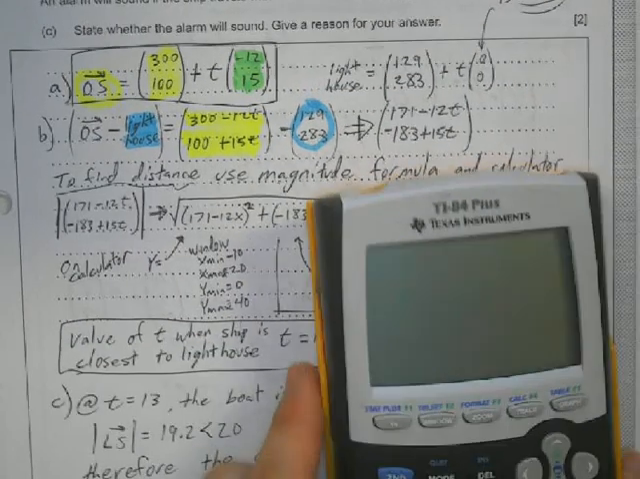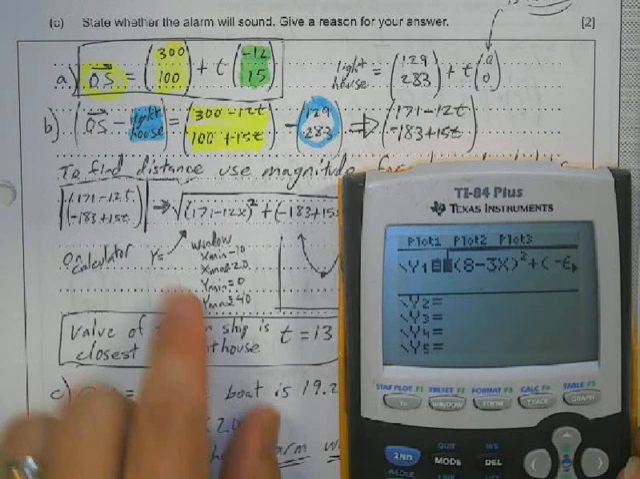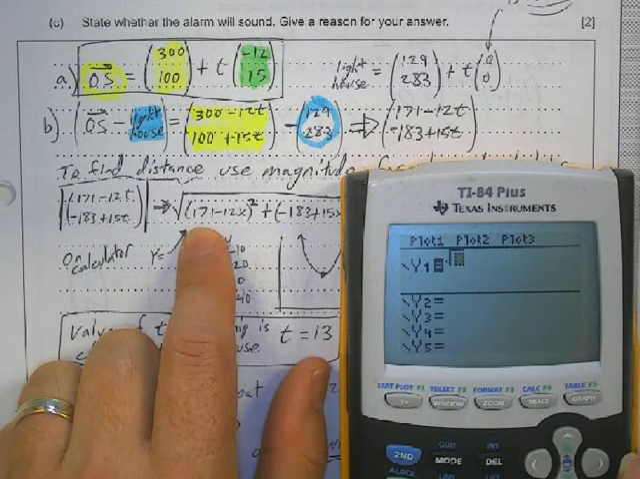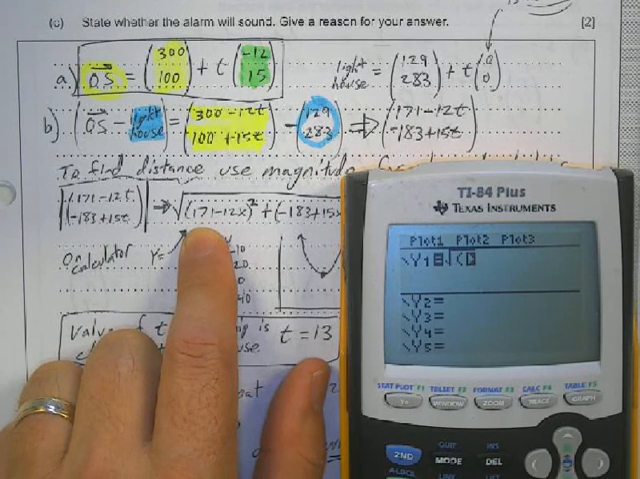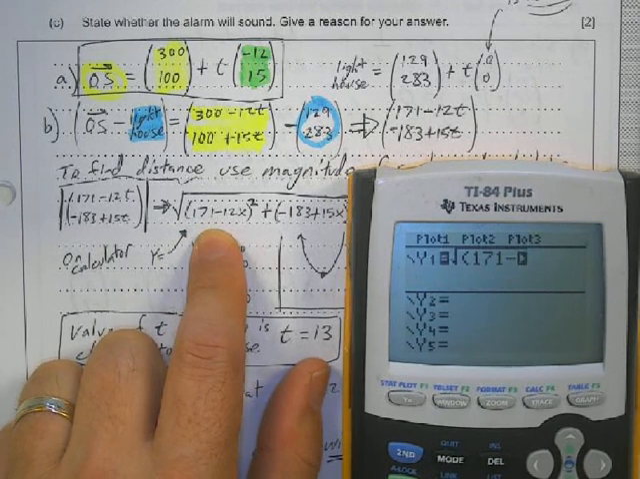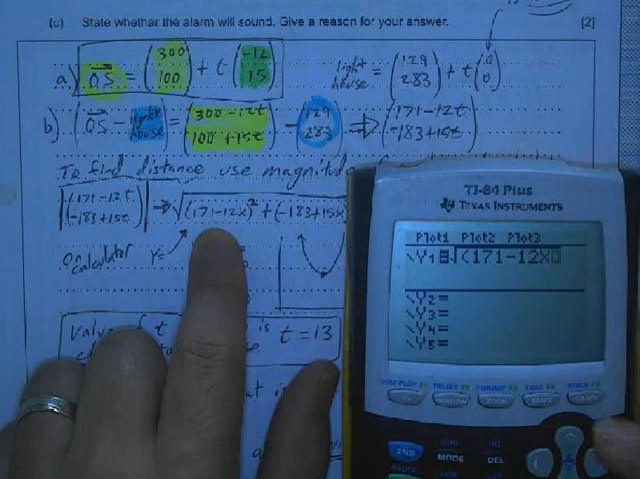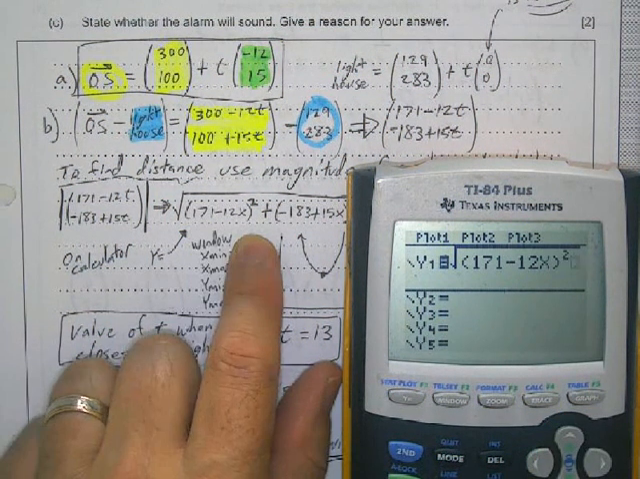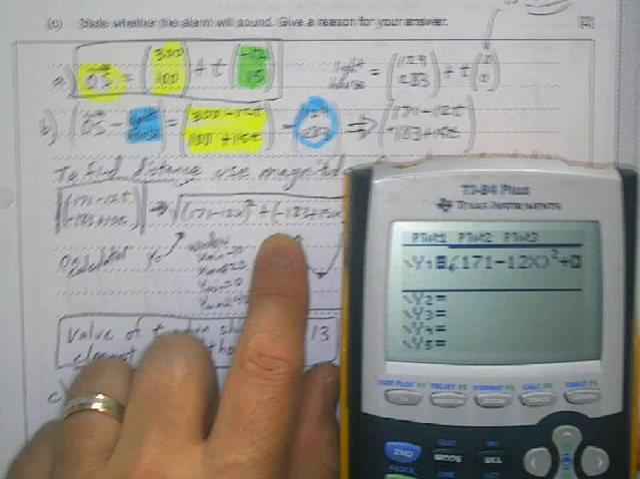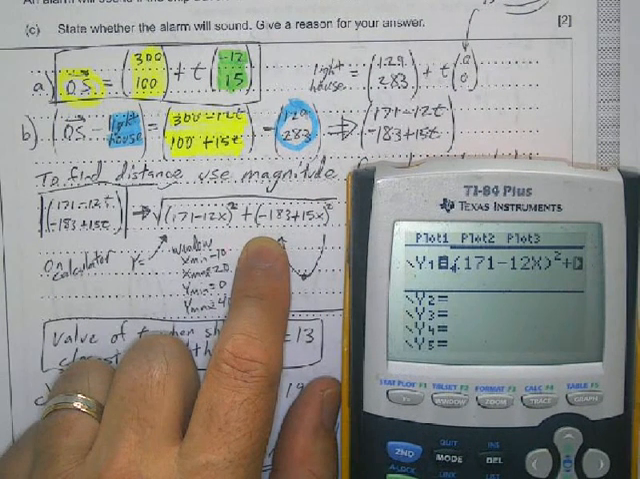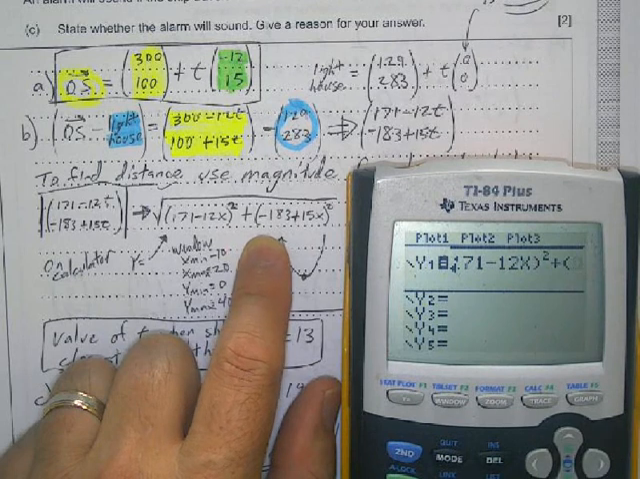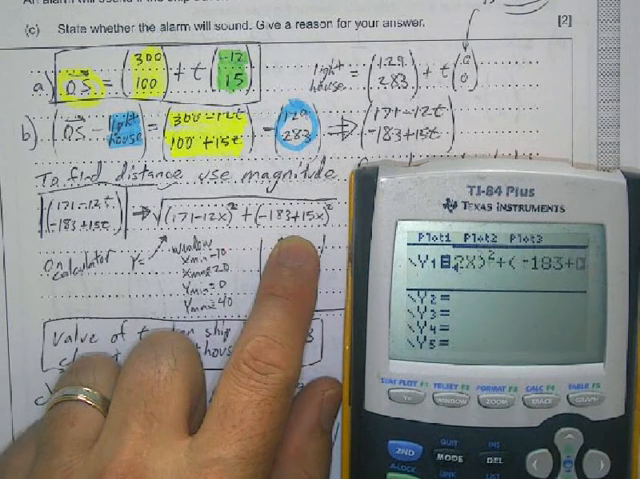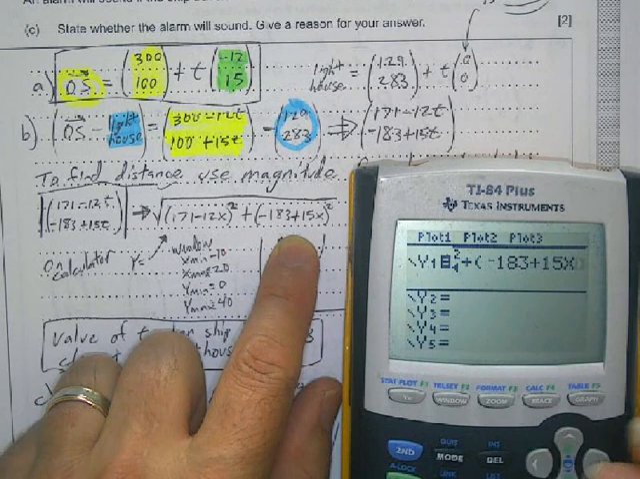Okay, so let's do that. Parentheses, 171 minus 12x, close parentheses squared, plus, open parentheses, negative 183 plus 15x, close parentheses squared,